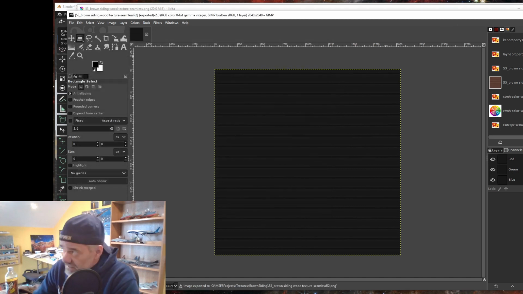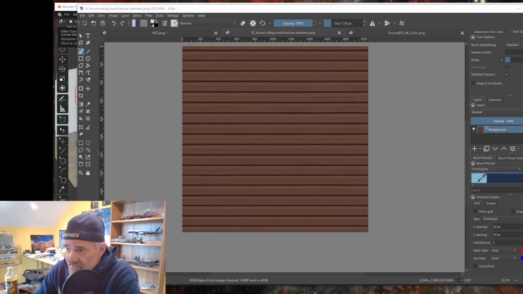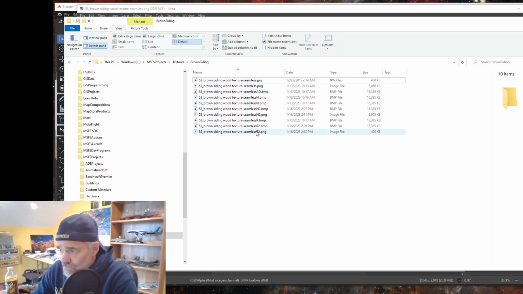Now we're done with GIMP. Like I said, you don't have to use GIMP. You can use Krita to do the same thing. All right. Now I need to copy that normal, the normal